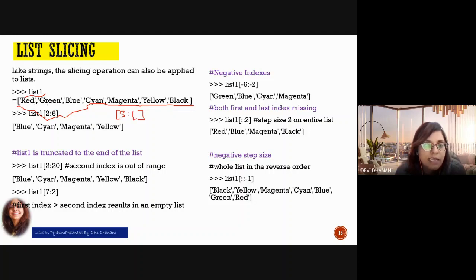If I take this example, 2:6, what happens? Starting from 0, the index value 2, blue, is taken up,